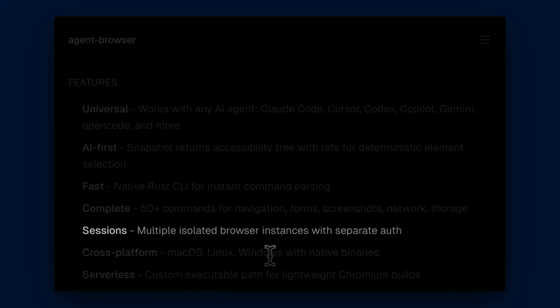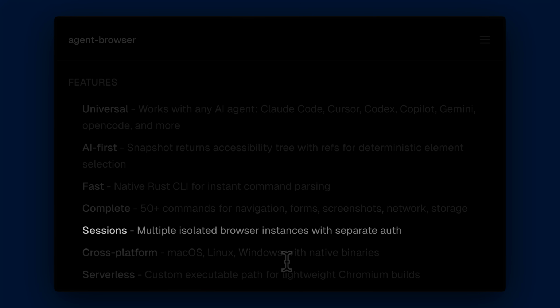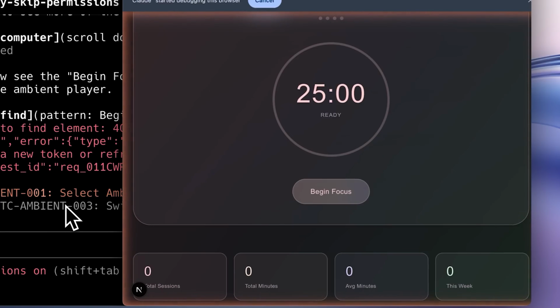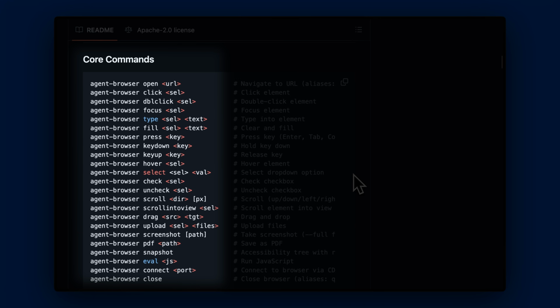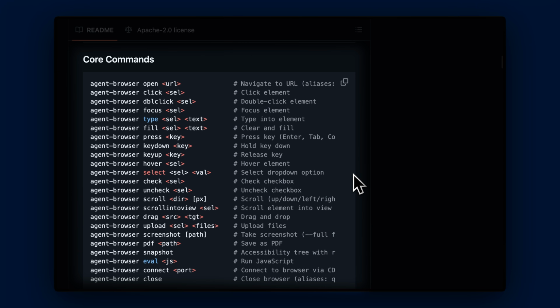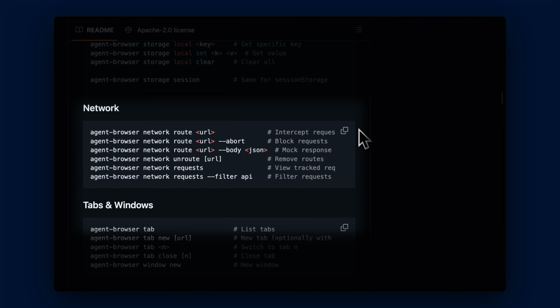It doesn't share the session with your existing browser and runs in a separate browser, so it won't be able to take actions that require your active sessions, unlike Claude's extension, which runs inside your own browser and can perform actions on your behalf. If you want to see the available commands, you can check out the GitHub repo, which contains a detailed list of all core commands. These show how to navigate the UI, use selectors, simulate mouse control, manage cookies and storage, and even monitor network